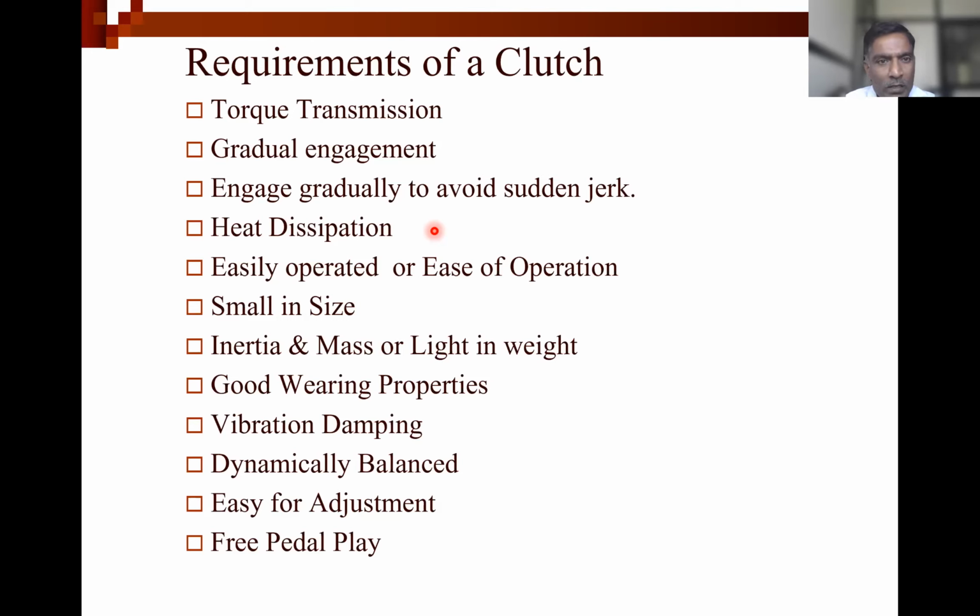So torque transmission is the first requirement. Then the second requirement, gradual engagement. Whatever clutch we are going to provide, or which has been provided on the vehicle,